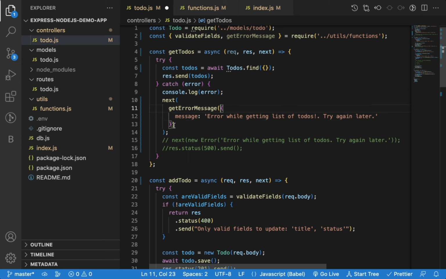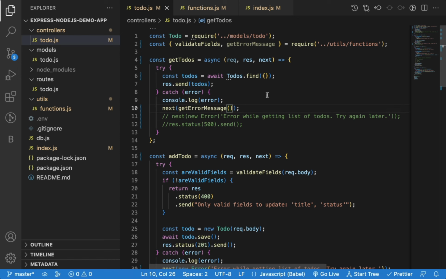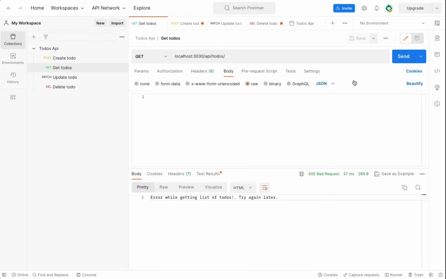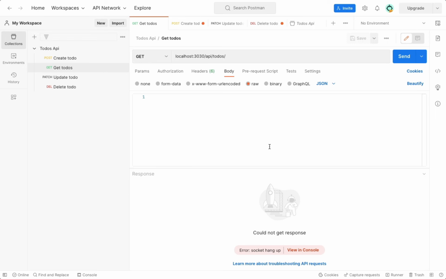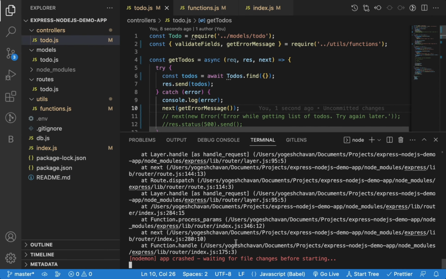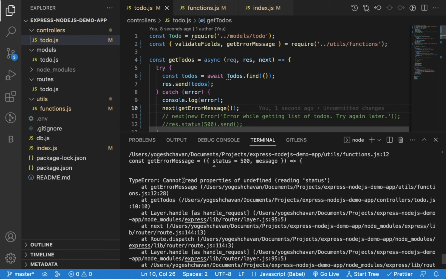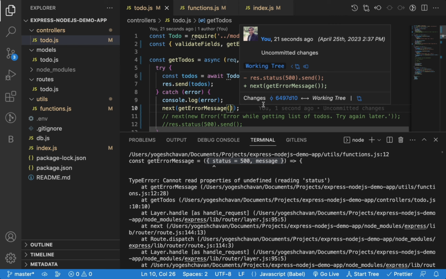So with this getErrorMessage function, we can provide our own message and status also. But I always need to pass an object to the getErrorMessage function even if it's an empty object. Let's say I don't pass anything to this function, and if I send the request again, you can see the application has crashed because there is an error: cannot read properties of undefined reading status. We're getting the error because we're destructuring status from an object which does not exist,